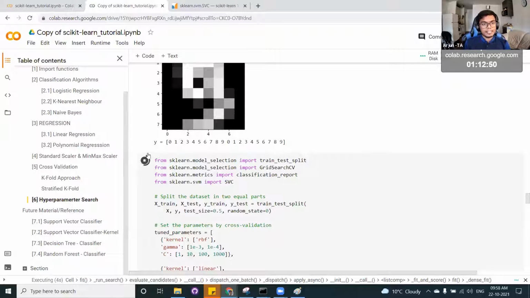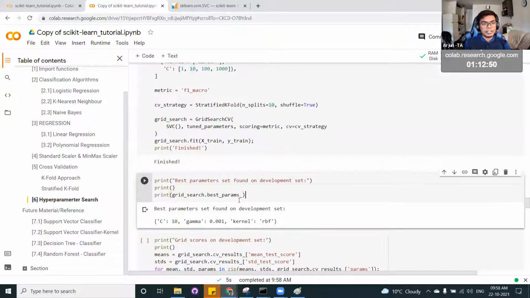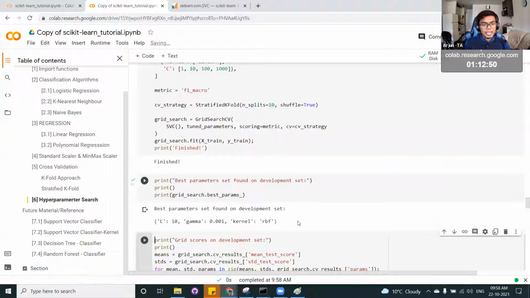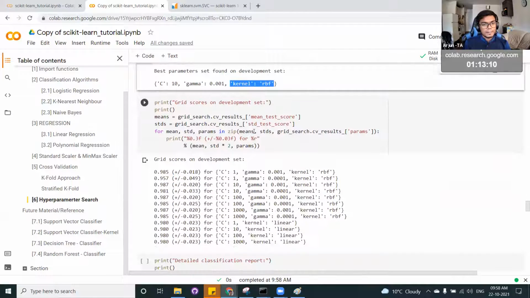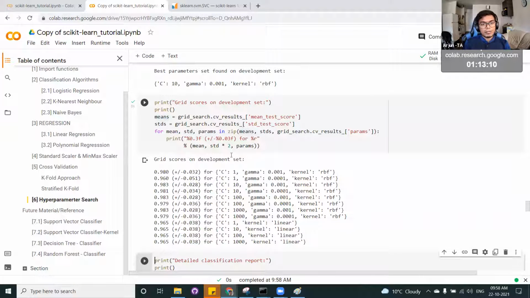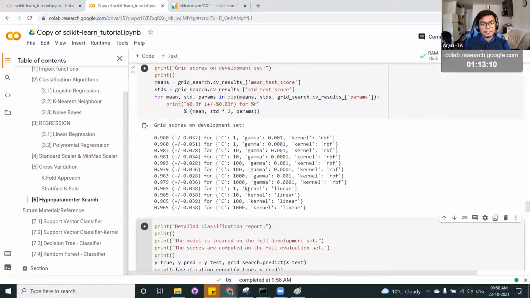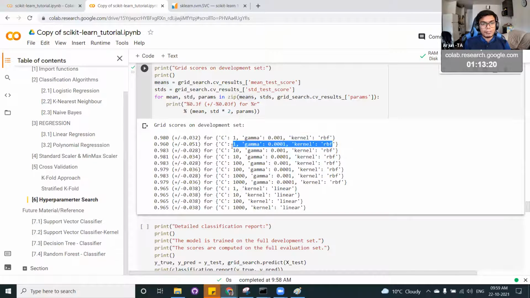So it's running. See, it's taking some time to run because it has to run all kinds of combinations. And you can see these are the better estimates for this problem: if you run with C equal to 10 and gamma equal to 0.001, the RBF kernel is better. You can always print and see what each and every parameter combination has run. As I said, all kinds of combinations have been run, and you get 10 runs with that mean value, and this plus or minus is the standard deviation.